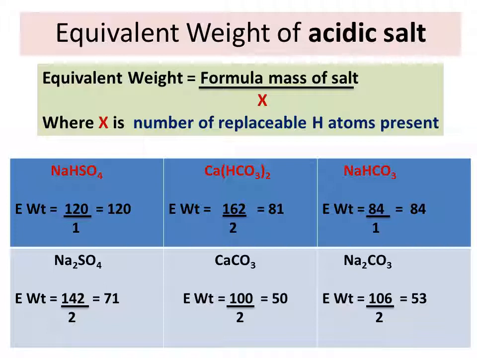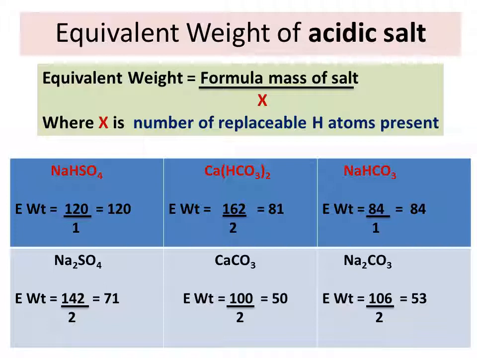Here calcium carbonate has no hydrogens, so there is no chance of having any replaceable hydrogens. But why is it 2? Because calcium has 2 positive charges. So don't misinterpret that in both cases it is 2 for the same reason. No, in the case of calcium bicarbonate it is 2 hydrogens that are present as replaceable hydrogens, and in the case of calcium carbonate it is the 2 positive charges present on the calcium ion.